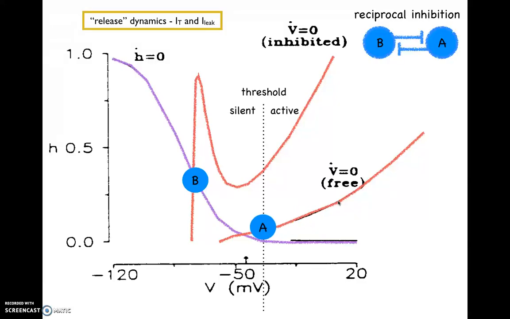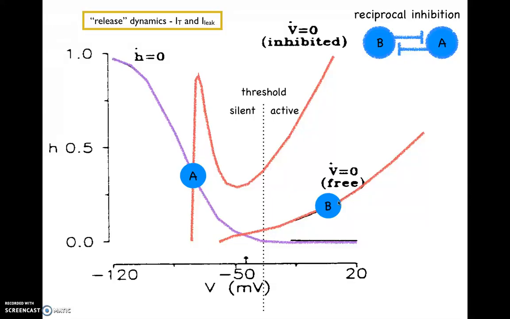until it reaches the synaptic threshold, and at this point A is no longer active and B must move to the free nullcline, and it does so like this. Okay, now at this point B is now active, and so A has to move onto the inhibited nullcline. And now as time goes on, A will drift upwards and B will drift down the free voltage nullcline like this. And at this point, the roles of the neurons A and B have sort of switched, and so